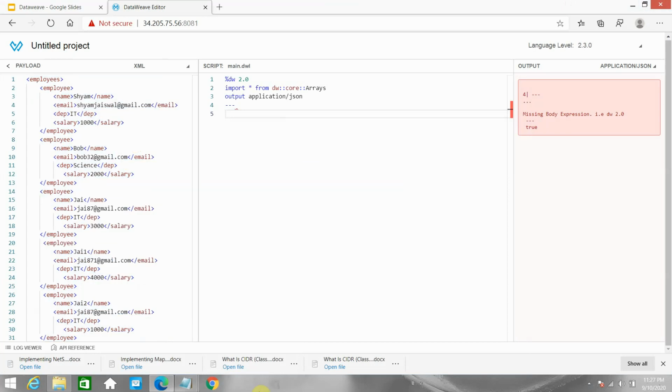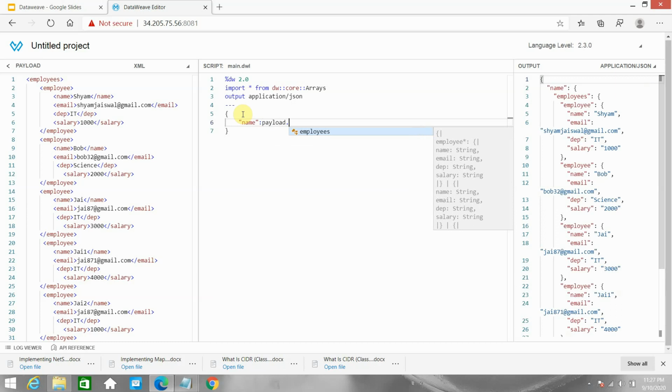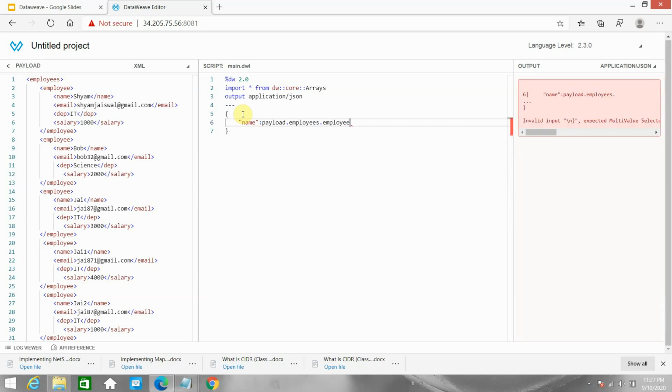First, we will see how we can access various values and the different ways we can access them. I want to access the name, so I can say payload dot employees dot employee dot name.